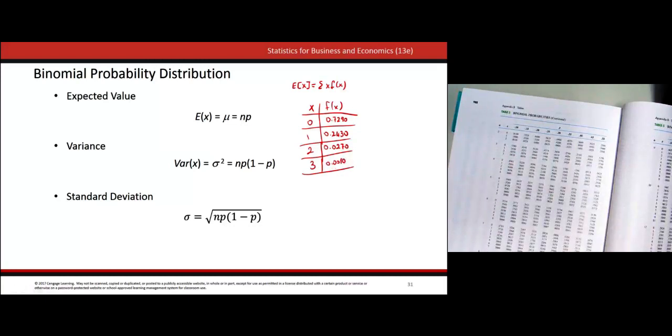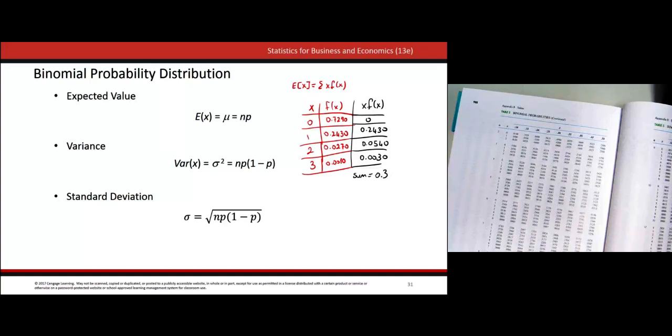So we can calculate x times f of x, which is 0, 0.243 and 0.003. So the sum is